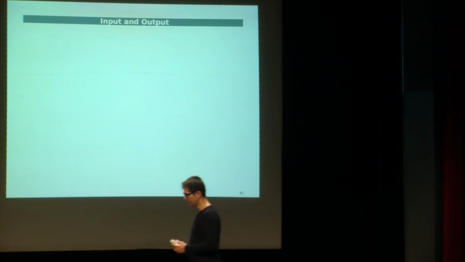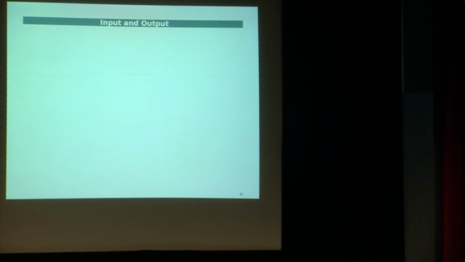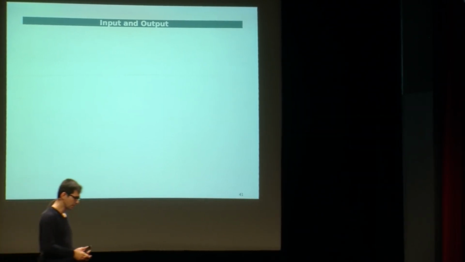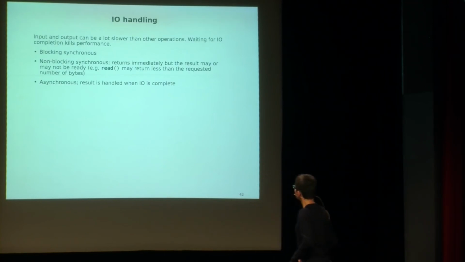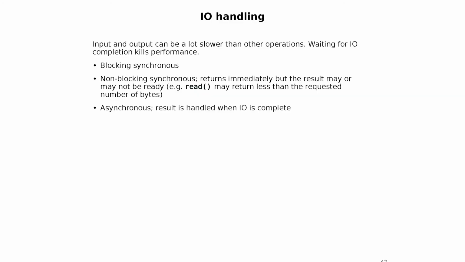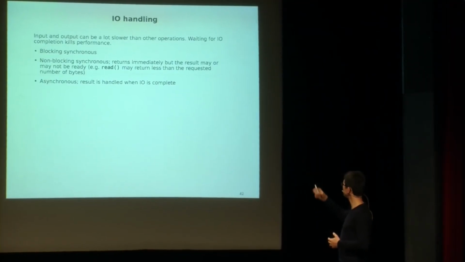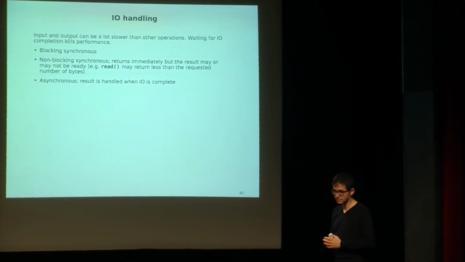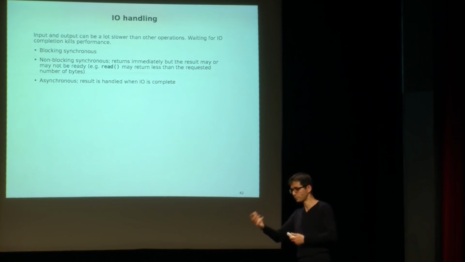Okay, a little bit of input and output now. I've mentioned a number of times you don't want to wait for input or output because it's blocking. So I/O handling can be blocking, synchronously blocking. You can say, I want to read that data, I'm waiting until it comes here. Or you can say non-blocking synchronous. You say, give me the data. The data may be complete right away, or you can get partial data. For example, read gives you just partial data sometimes, so you have to wait for the rest of it.